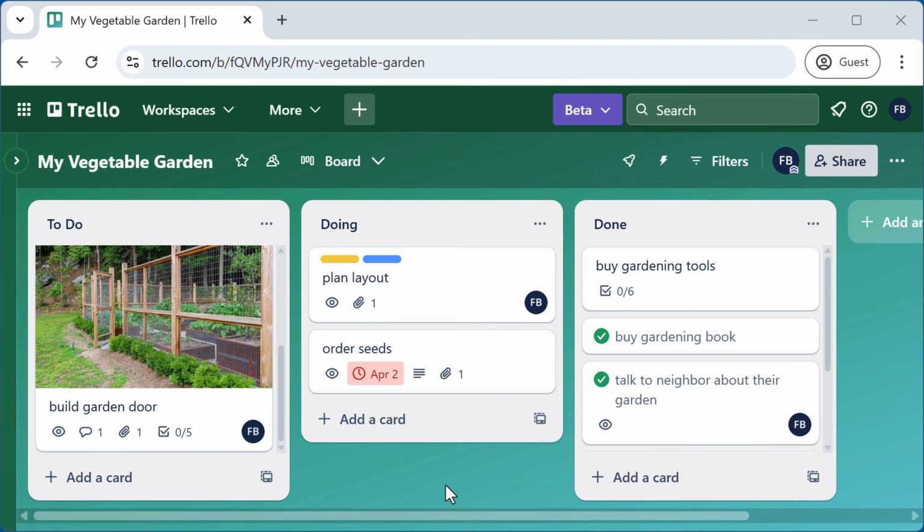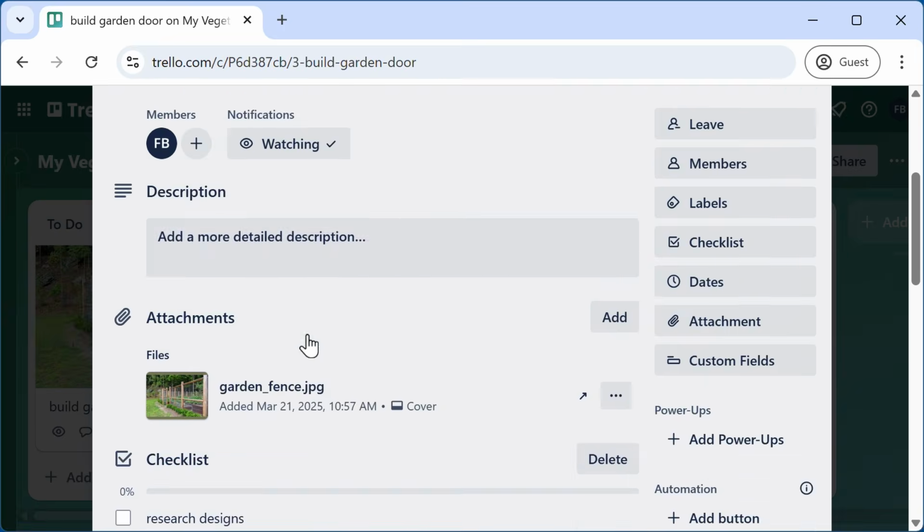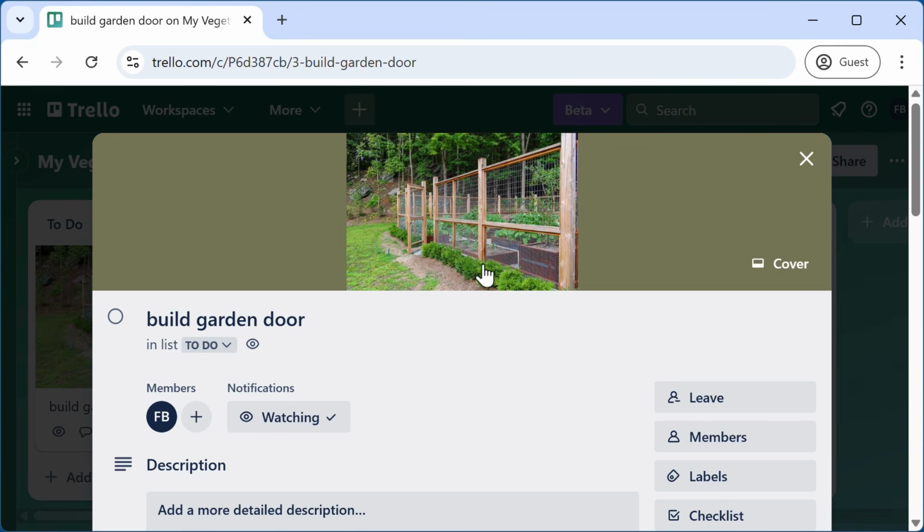Sometimes, when making a new card, it's useful to copy from another card. You already know that you can click Add a Card to create a card from scratch, but in my scenario here, I want a card to track the work of building raised garden beds. That card is going to be very similar to this card that I already have for Build Garden Door. For example, it's going to reuse the same checklist, or at least a very similar one. And it has a picture of this garden, which also has a picture of the raised beds in it.